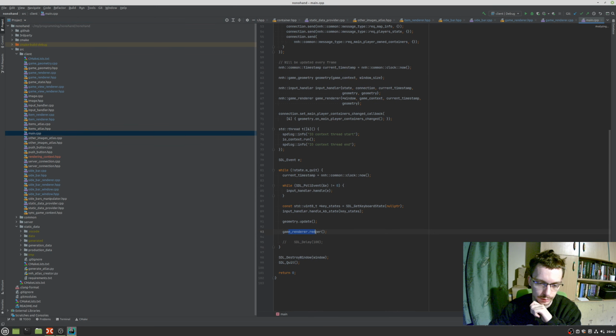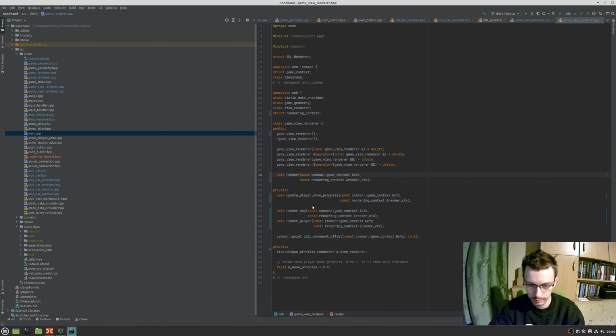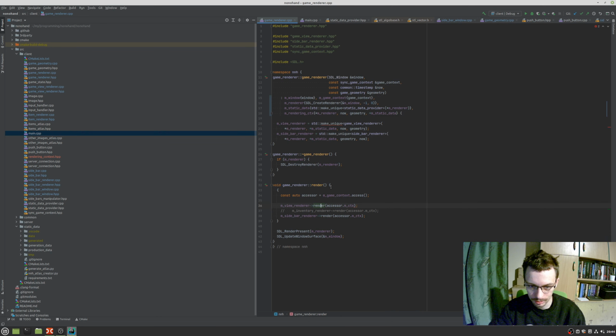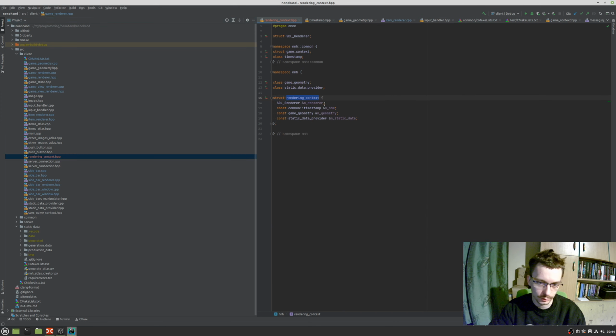As you can see, renderer render accesses a game context, which is the data got from the server and stuff, and it calls other renderers, and other renderers accept this rendering context, and this rendering context is going to be created here. Rendering context. Okay, it got some bunch of